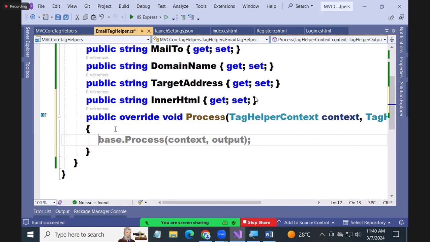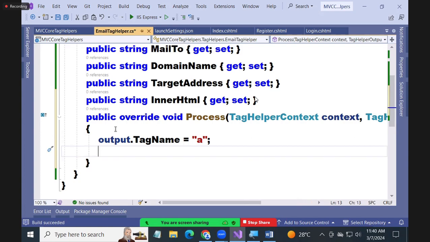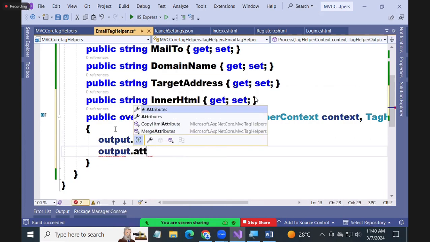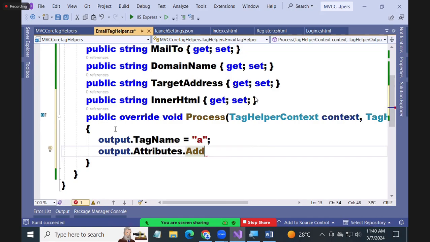Anchor tag. Okay, last class I said, yes, href. That is what we planned actually. Okay, watch it now. Output dot TagName is equal to a. Generate me the anchor tag. And next, you want to add some attributes to it? Okay. Now, output dot Attributes dot Add. You can add attributes now. What attributes do you want for this anchor tag? I want the href attribute. Are you clear? Same way, output dot